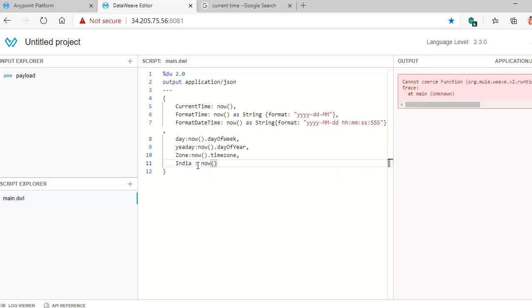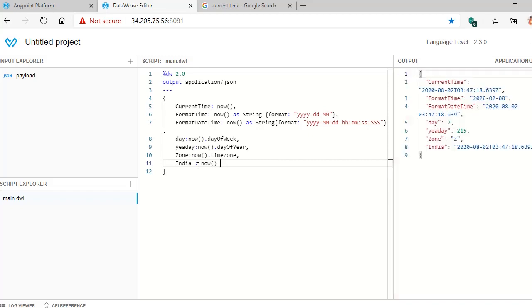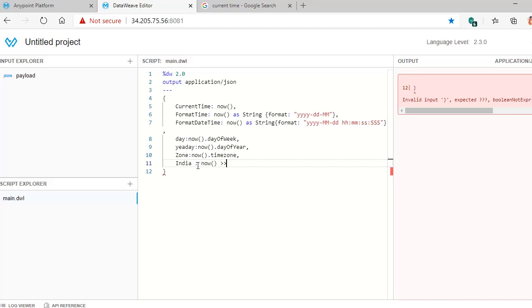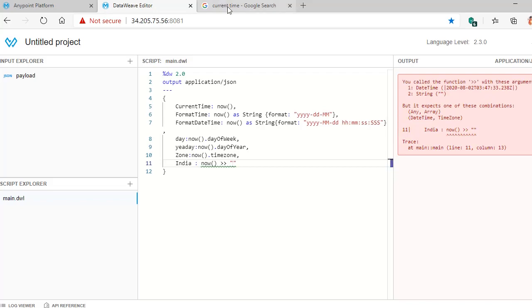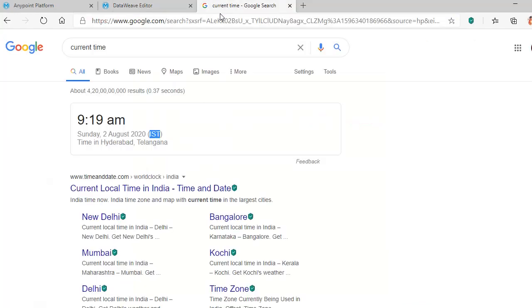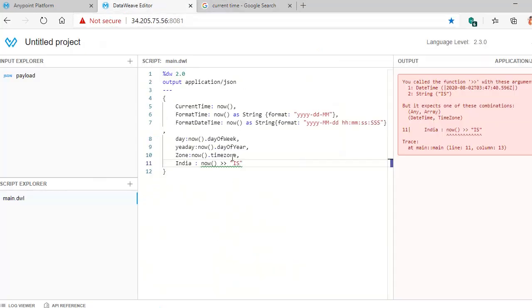All you need to do is use this forward key or a double arrow. You can remember it in an easy way. This is a greater than symbol on your keyboard, or forward button you can say. Two times you need to press this double greater than button, so two greater than, and in the quotations you need to mention this time zone. This is IST, right? In the double quotes you need to type IST, or else you can just directly copy this IST.